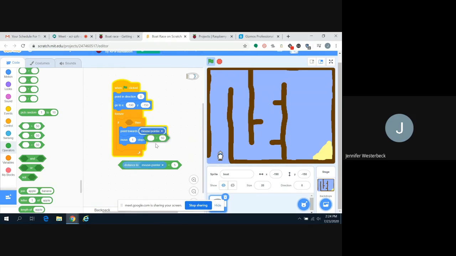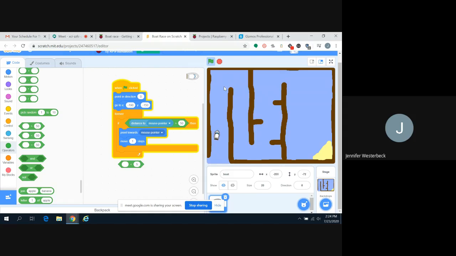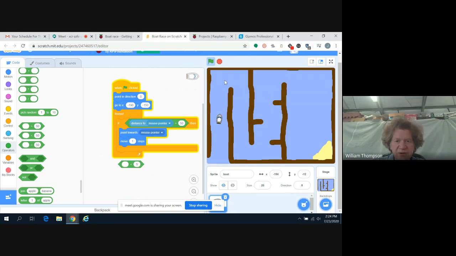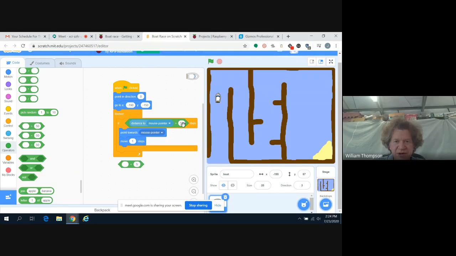Oh, okay, now I've forgotten. Oh, I see. So I want to take and put this inside here. Yes. And then I want this to be on top. Yep, right there. I can see it highlighted. So yeah, drop it. And now change the 50 to a 5. There you go. Yeah, all right. But you might want to change the 50 to a 5, or it'll stop when it's still pretty far away from the mouse. Cool. Got it. Okay. Thank you.